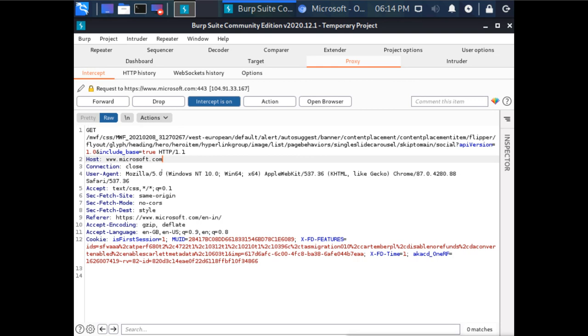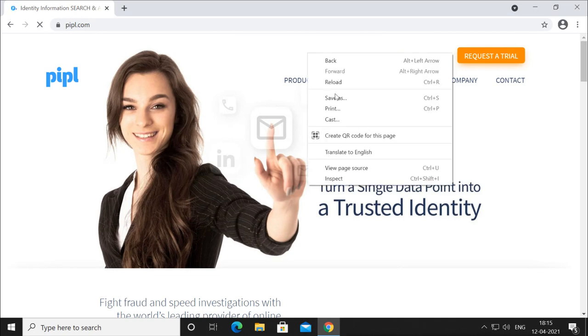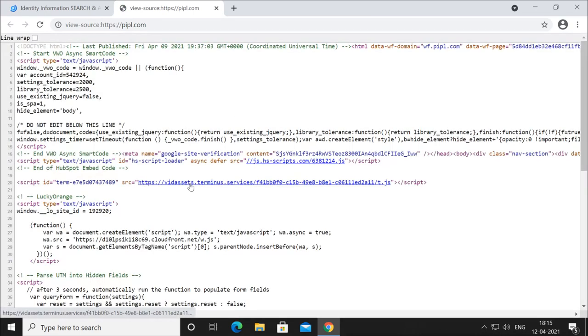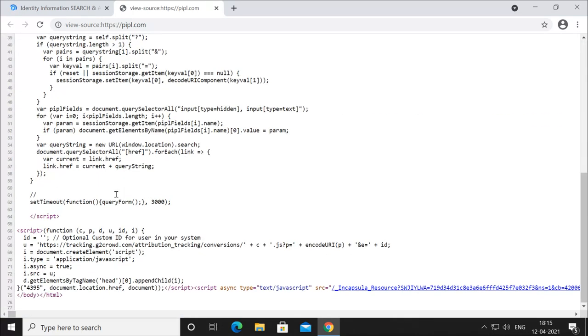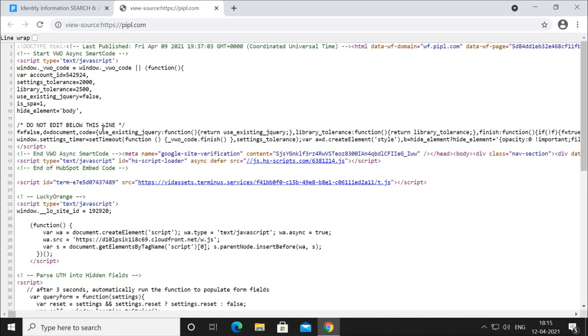You can try to find some important information from there. You can also directly get the source code, and in that source code you can find some important information if you like. You can try to find some critical information here. If they have not designed this properly, you can see some important information there.